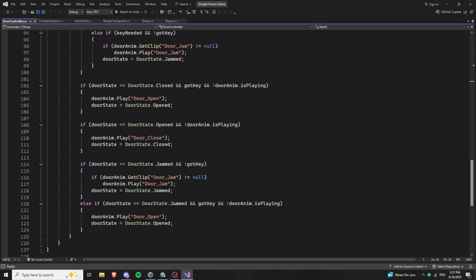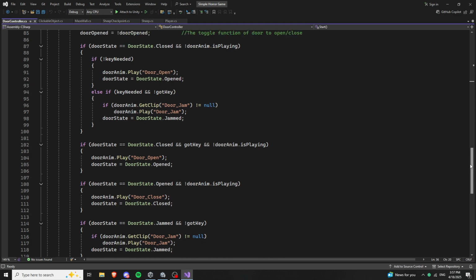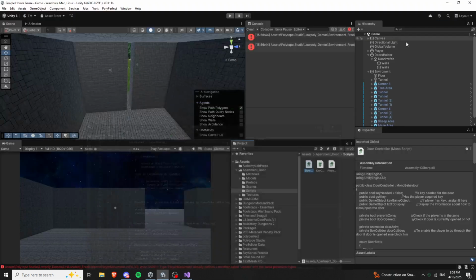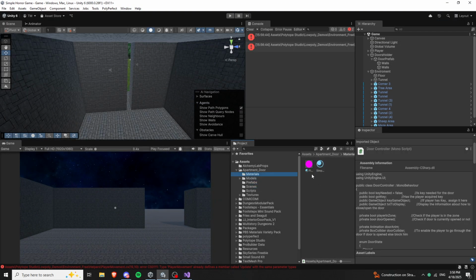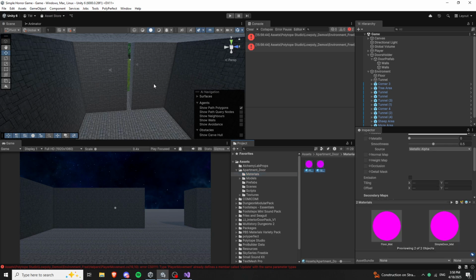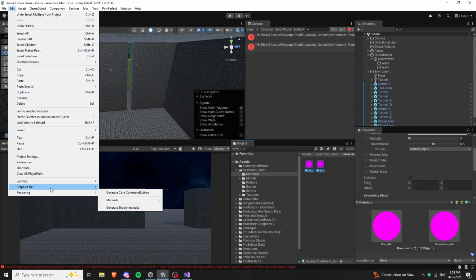Yes, we have a bunch of stuff in here that we don't really care about. We'll remove this script actually, because we only care about the animations, and from what I can see, this already has the animations. But first, let's convert these materials, because you see they are pink, so we need to